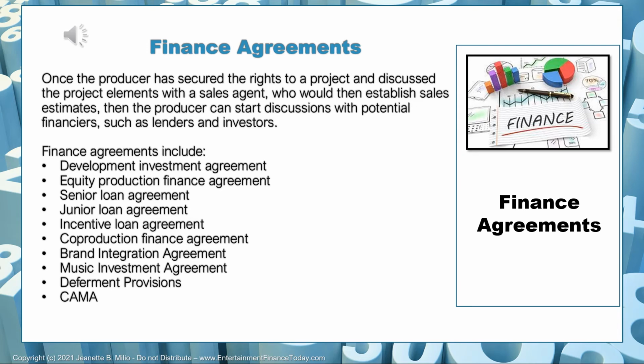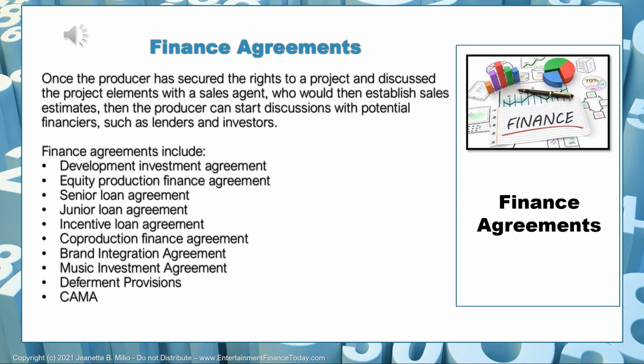The junior loan agreement is similar to the senior loan. There is a term sheet that can talk about what is going to happen here: what is the interest, what is the loan amount, is there any profit participation or premium applicable, and the loan agreement would then be subject to the term sheet.